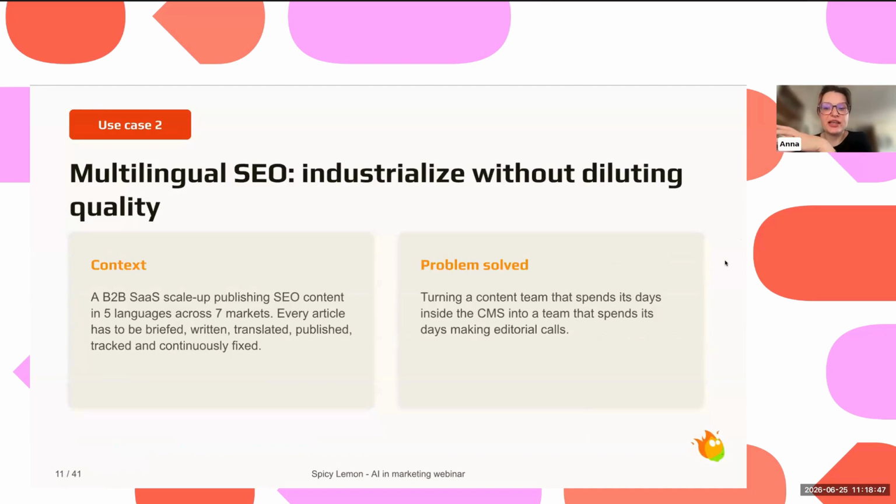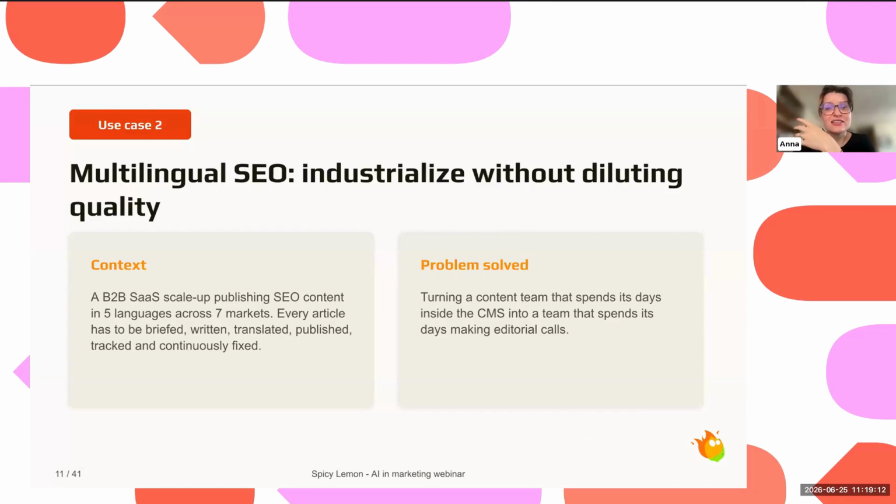Multilingual SEO is also something I hear a lot. It's something that lots of clients are asking for. Actually, what I found really interesting in all the open discussions on automation within marketing teams is that lots of teams I'm talking to are not even willing to use AI, but they are thinking about automation rather than anything else.